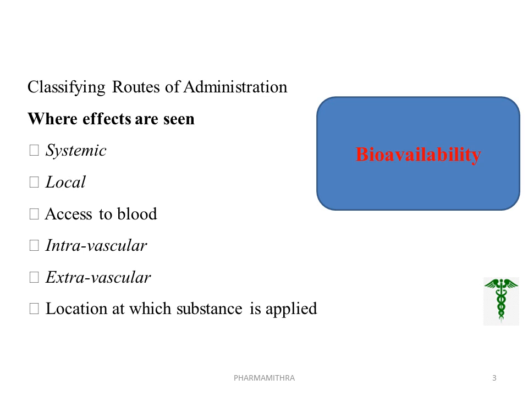We can classify the routes of drug administration based on the effect seen. That is, systemic, producing an effect on the body. If it has a local action, a local route of administration can be used. If it needs access to blood, we can go for the intravascular route; intravascular means within a blood vessel or the blood vascular system. Extravascular is where the substance is applied at a particular location, and then we can go to that particular site for the route of administration.